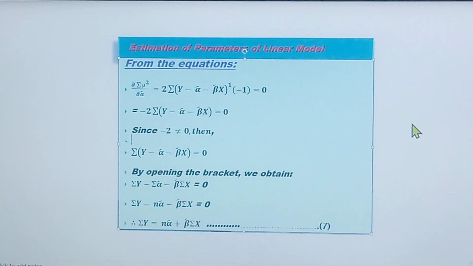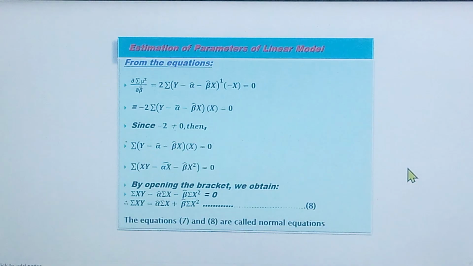Then to get the second normal equation, we now differentiate summation mu square again, but this time with respect to beta. We differentiate with respect to alpha to get the first normal equation. To get the second normal equation, we differentiate now with respect to beta cap. So from the equation now, you see, the derivative of summation mu square with respect to beta cap